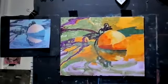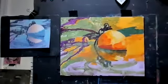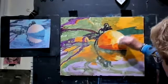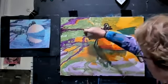Okay, so that lightened it just a little bit much there. Light is falling a little bit there. That's not a solid, it's not a solid orange there. Okay, that's it. The other area that was really strong, which I certainly could take care of with the pastel,